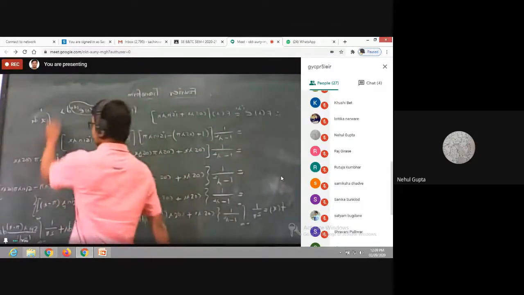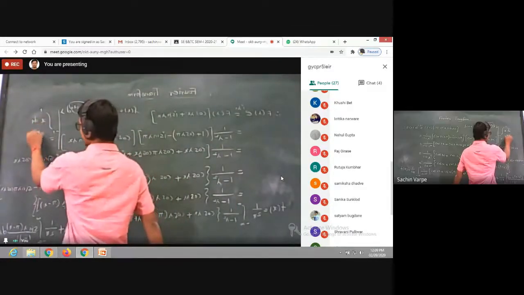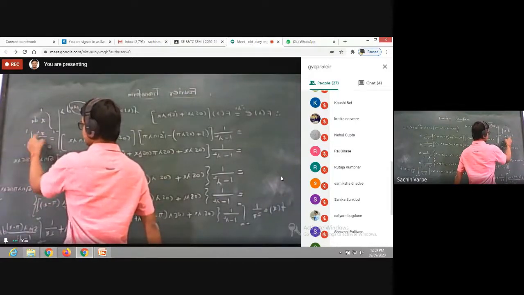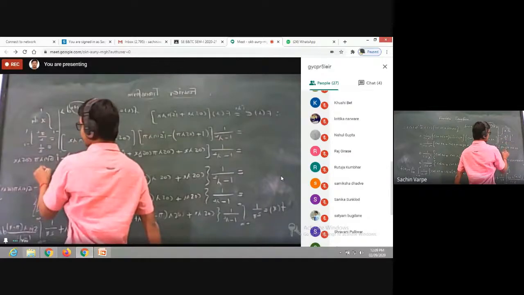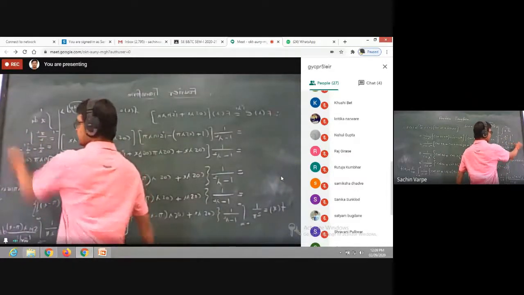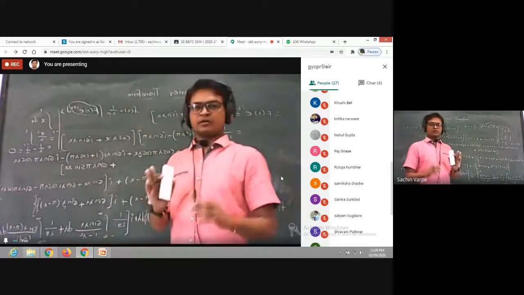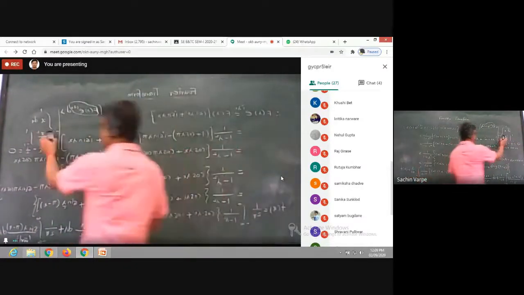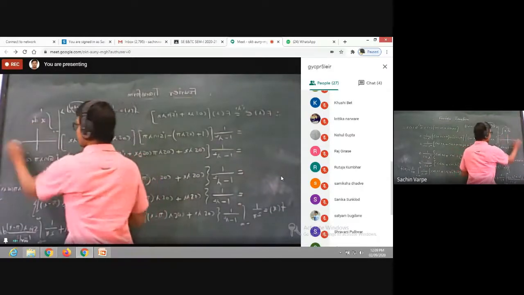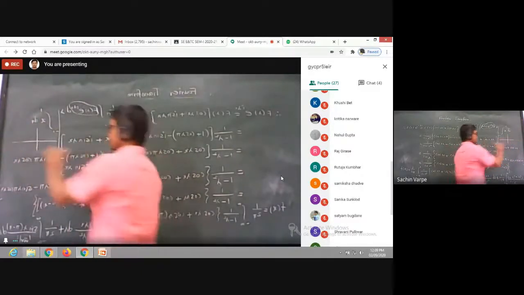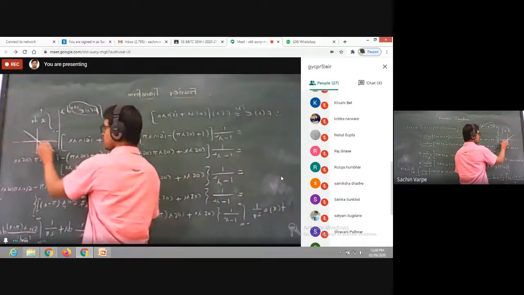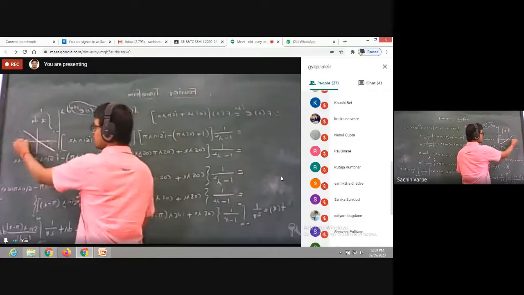How will it be 0? Check that integration of x is x square by 2 from -1 to 1. When I substitute x is equal to 1, it will be half. And when I substitute x is equal to -1, it will be minus of half, isn't it? So that will be 0. Is that okay? What I'm trying to show is that graphically, I know the graph of the function. Graph of y equal to x is the straight line passing through origin. And I'm taking the -1 to 1 interval, right?